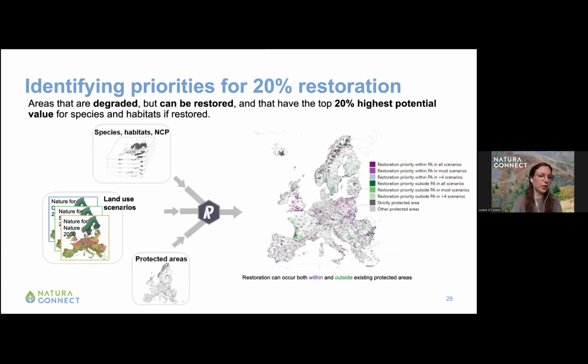And we allow restoration to occur both within and outside existing protected areas. Within, because we know that by 2030, a lot of restoration efforts should happen within existing protected areas, but bearing in mind that with the outlook to 2030, 2050, we also need to restore outside of existing protected areas. And so this is a map that you will also see online, again, with a distinction between whether restoration priorities are identified within protected areas or outside of protected areas, and with the shades, so darker areas representing higher consensus across all scenarios. Next, please.